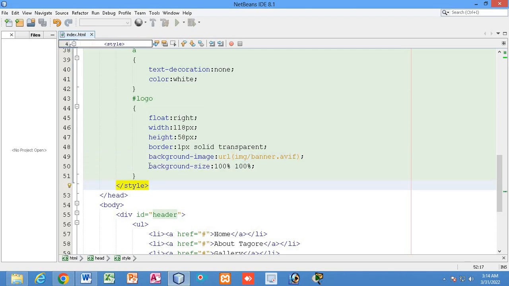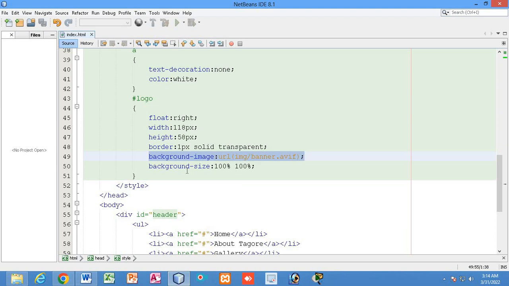So that means this background must match its 100% height and 100% width with the image which I have located in the background image. So the div background size will match the image size, right? This is why I have written this code.